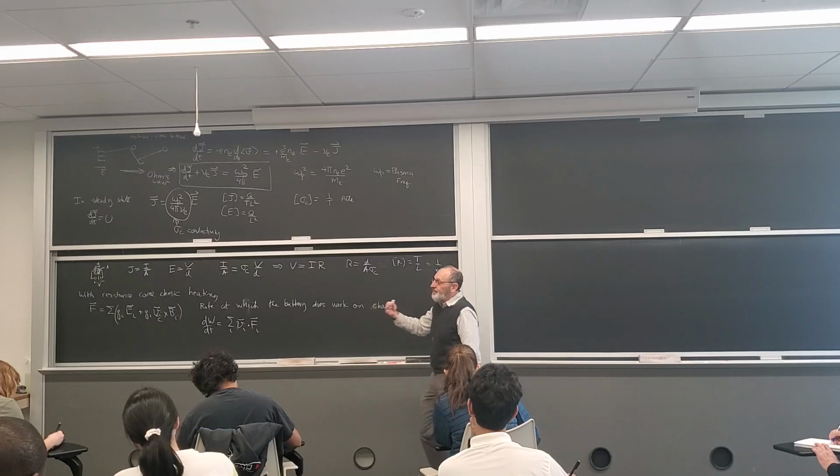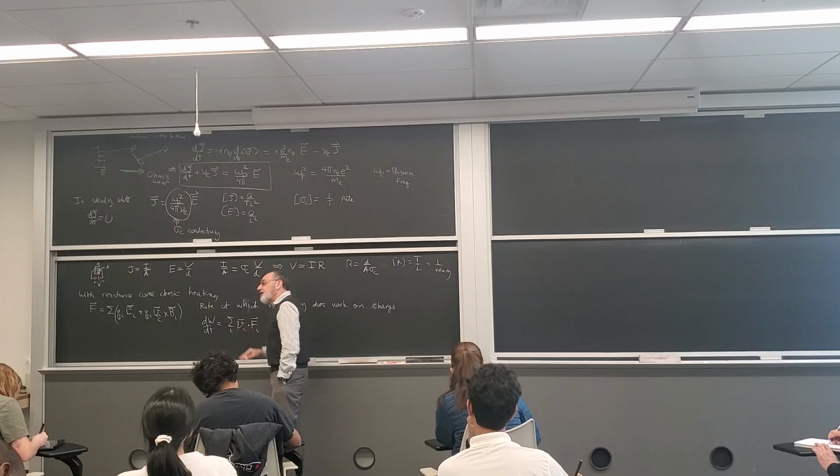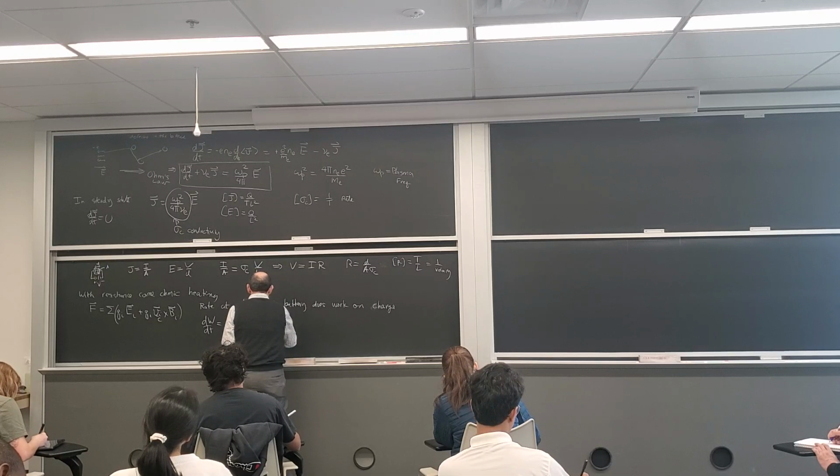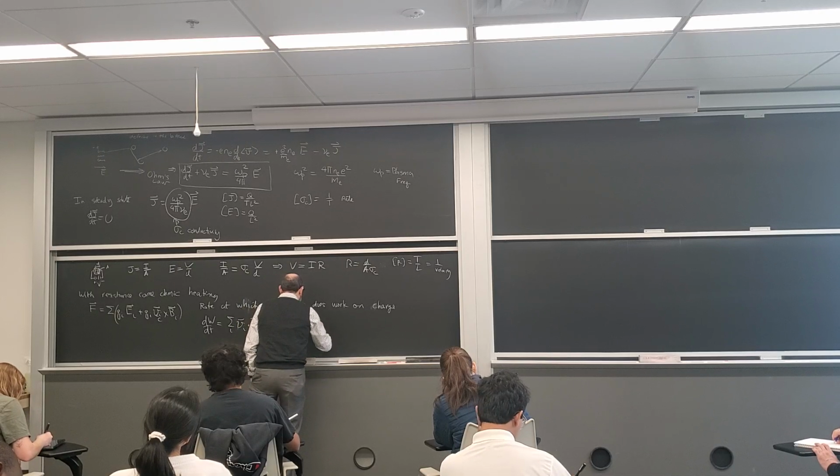If I move through a distance, the work is dl, the rate of work is dl dt, okay? And so that's equal to the sum over all the charges, q sub i, v sub i, dot E, which